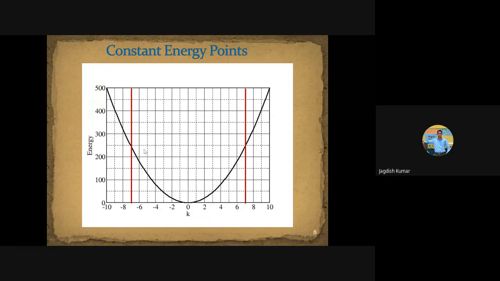Now, what is the meaning of these constant energy points? In the one-dimensional case, because we are talking of a one-dimensional free electron gas. In the 2D case, we will have not only k but two components of the wave vector, kx and ky. For the 3D case, you will have kx, ky, and kz, so that total energy in the 3D case will be h cross square k square over 2m, where k square is now equal to kx square plus ky square plus kz square, correct? The simplest to visualize and discuss is the one-dimensional case. That is why we are sticking to this one-dimensional example.